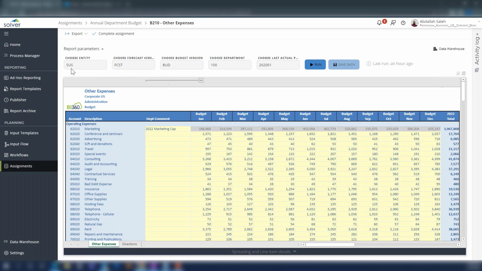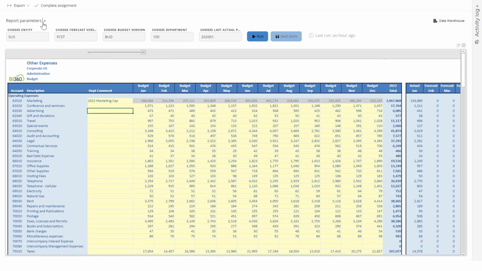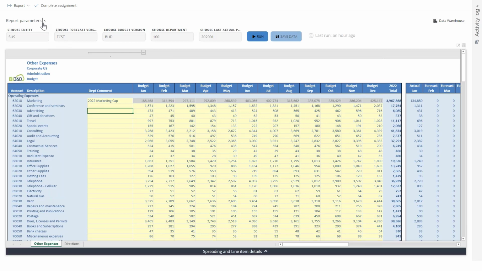In the budget manager, just select the filters and assign the template as a task for you. Then all you need to do is access this template, enter the budget, and click complete task or save numbers. So what we do here, we enter the budget or the figures at the account level for the selected department and selected version,